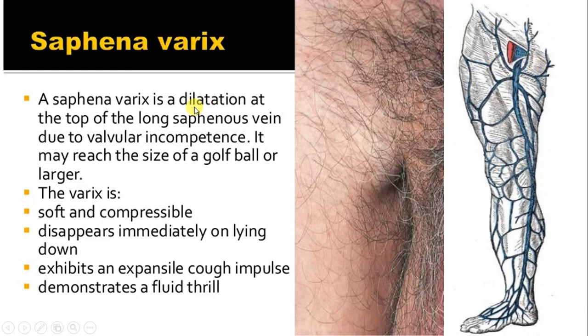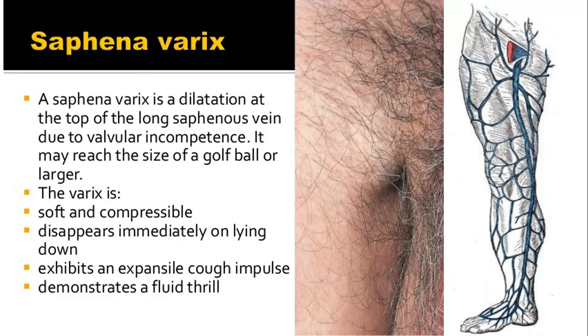Saphena varix is actually dilatation of the top of the long saphenous vein, the great saphenous vein, due to valvular incompetence. And here, where it is joining the deep femoral vein, it is soft and compressible. Obviously, it is filled with venous blood, and when you lie down, this will disappear. And an expansile cough reflex is there also. So, in every respect, if we see